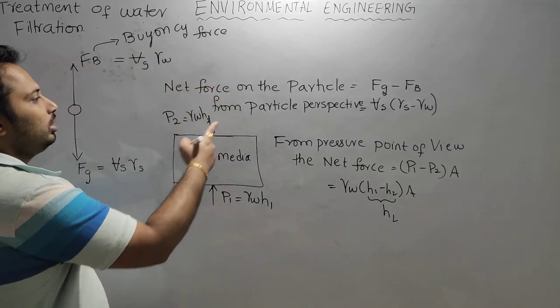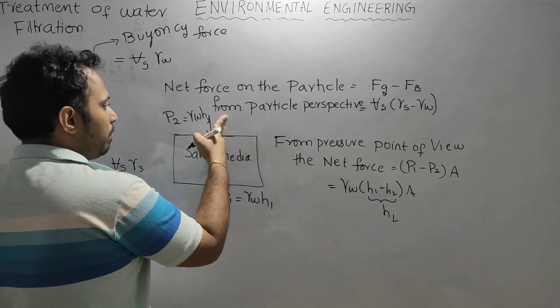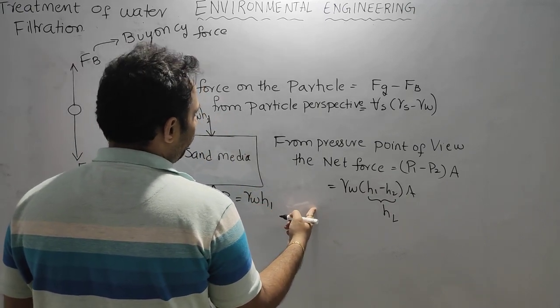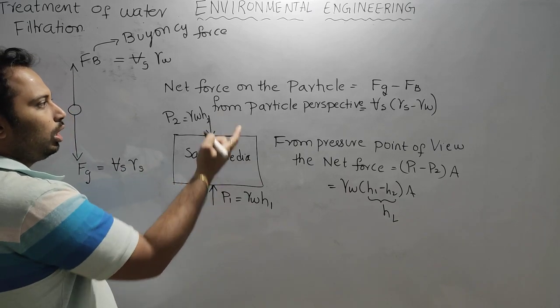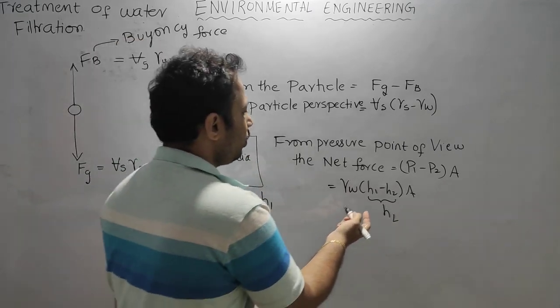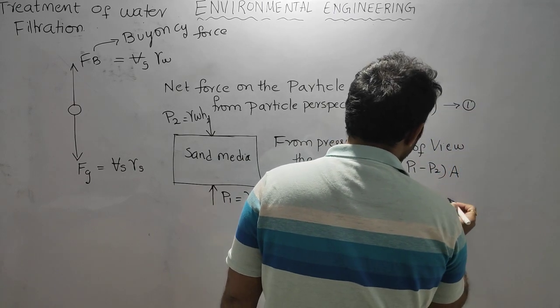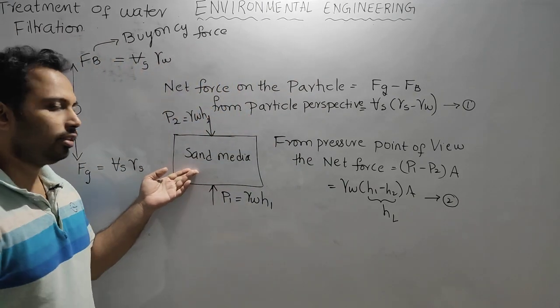So here this is again net force. This net force is from the particle point of view. This net force is from the pressure point of view. Both are acting on the same location. So these two are equal. So 1 is equal to 2, because both are net forces only and both are acting at the same location,